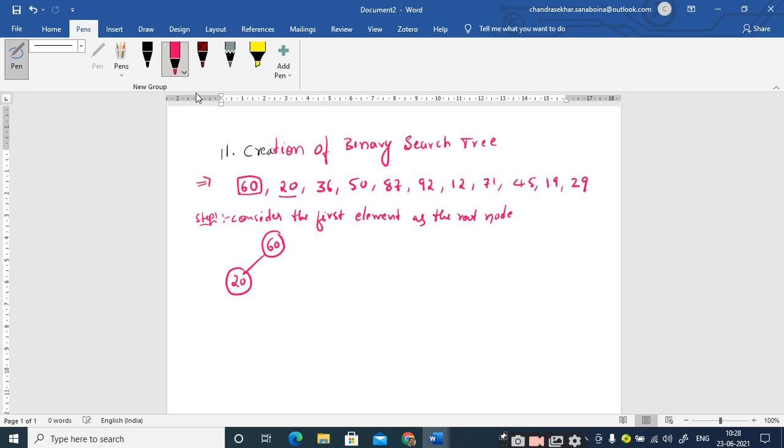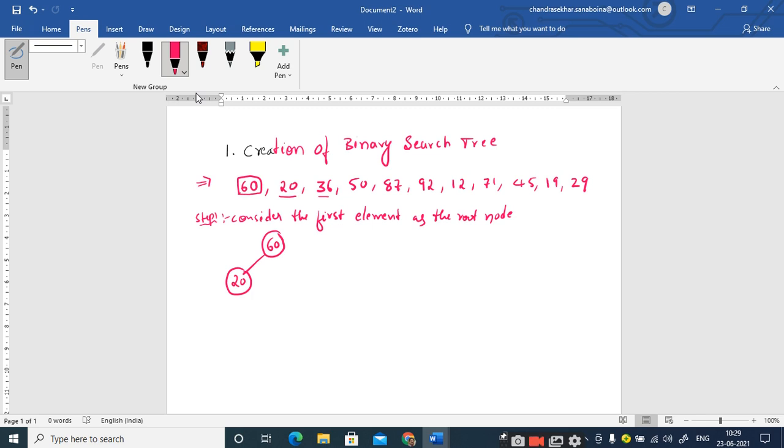Right. You should write everything in terms of statements. I'm not going to give the statements, so you should write everything in the statement. Now again, take the next element, compare it with the root node. 36 compared with 60. Since 36 is less than 60, 36 should be placed as the left child of 60, but 60 already has the left child as 20.